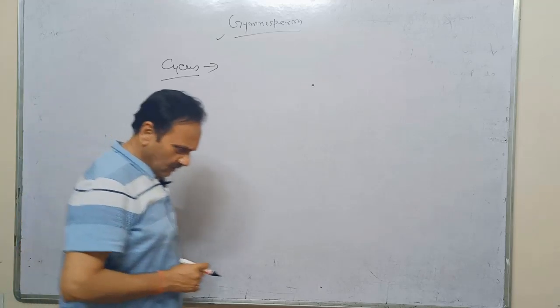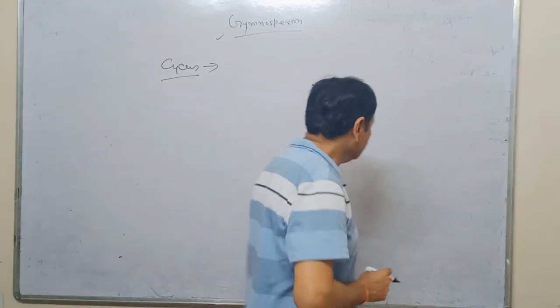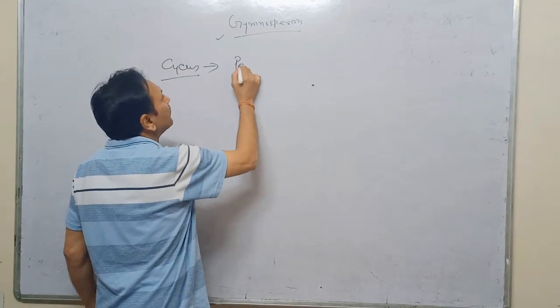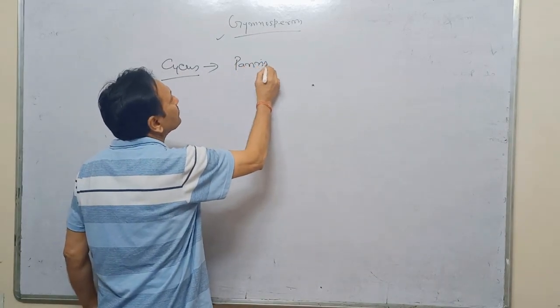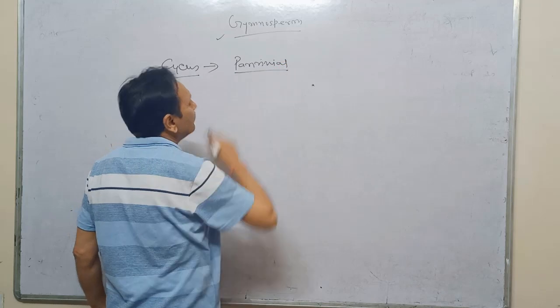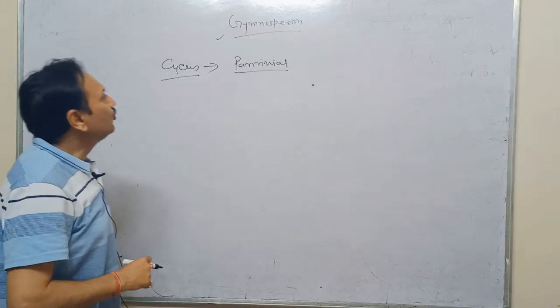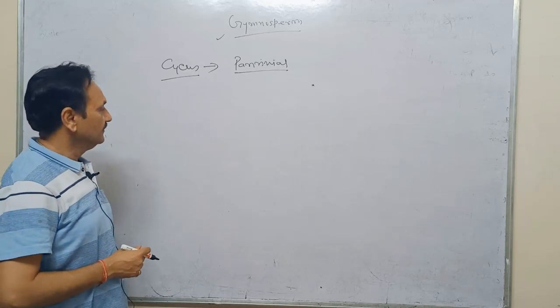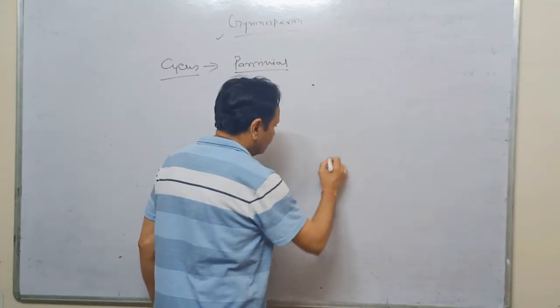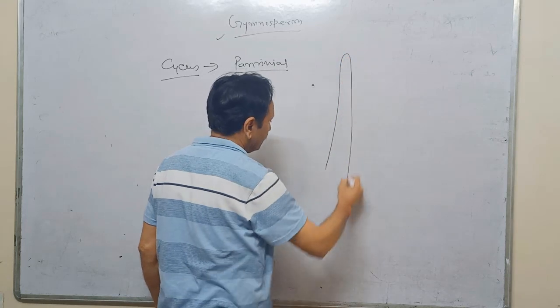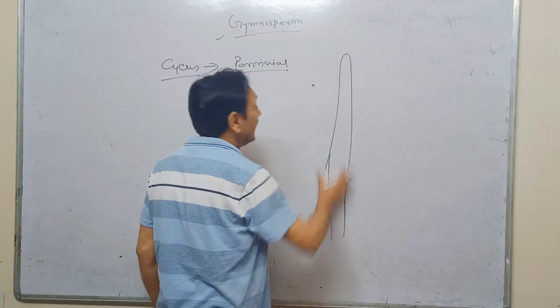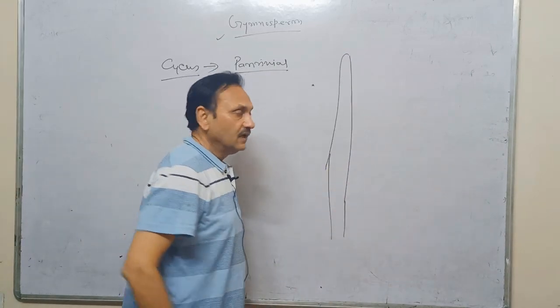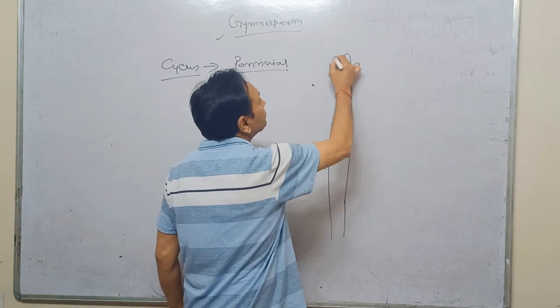Pinus, or the conifers, are also perennial plants. Perennial plant means they produce seeds many times in one lifespan. But its stem is erect, not branched. And at the tip of